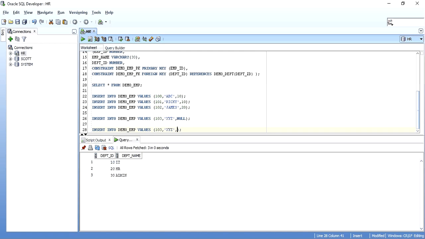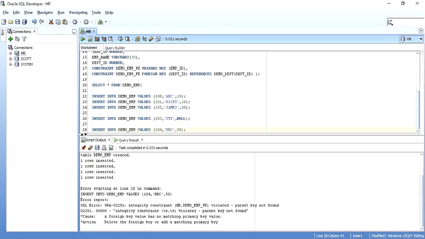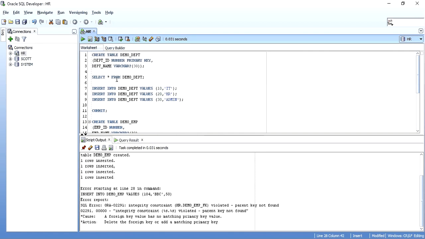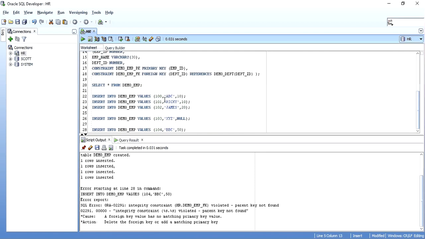Suppose I try to enter 104, name as BBC, and department ID 50. Now 50 is not present, so when you try to insert 50 which is not present in your master table or your parent table, it throws an error saying integrity constraint HR dot constraint name violated, parent key not found.